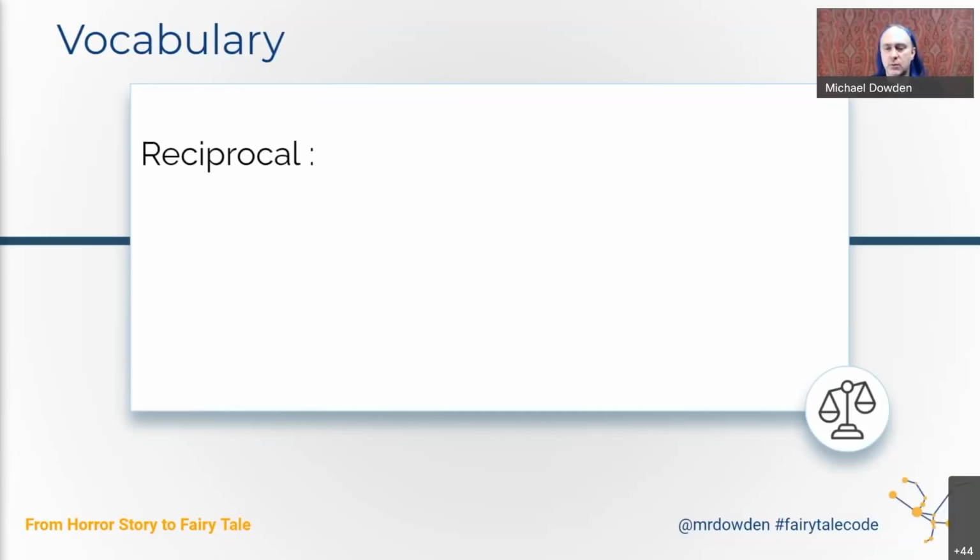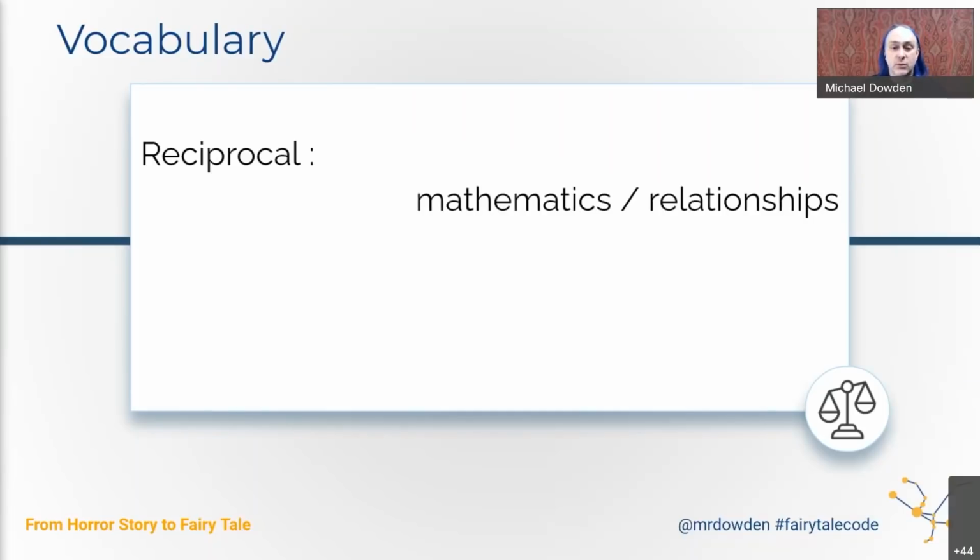And these are examples of ambiguity as well. Reciprocal. What does reciprocal mean? In mathematics, it can mean the inverse. It can mean the opposite. In relationships, it could mean reciprocity. If I do something for you, you do something for me. But those meanings depend upon us sharing the same frame of reference. If we both know that we're having a conversation about mathematics, that's fine. We know what reciprocal means in that situation. But if we know we're talking about relationships, then we know what we're meaning. But if we don't know what the context is, then reciprocal may be confusing.